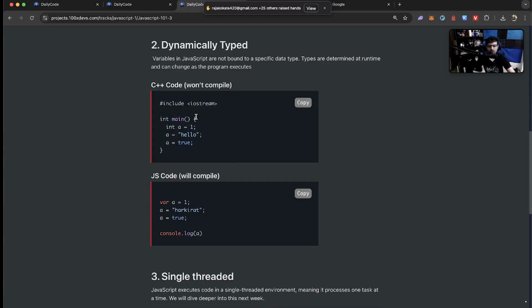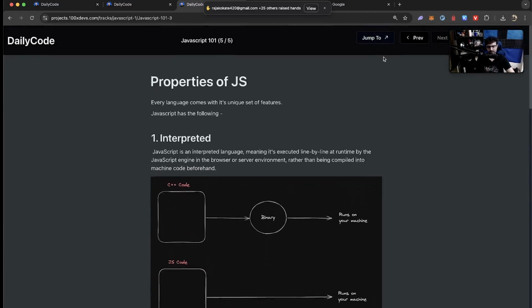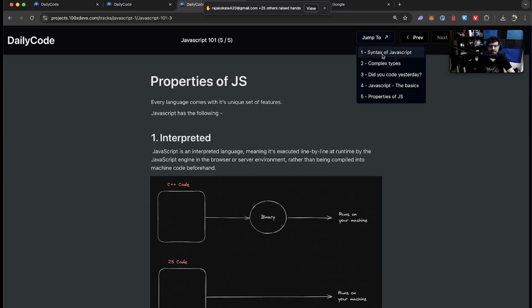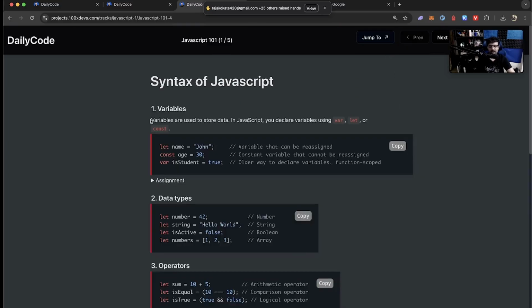This is how the compiler understands code that looks like this. In JavaScript, the compiler understands code that looks like this. So the syntax means how you can write the code of that specific language so that the compiler understands. For JavaScript, number one, this is how you define variables.